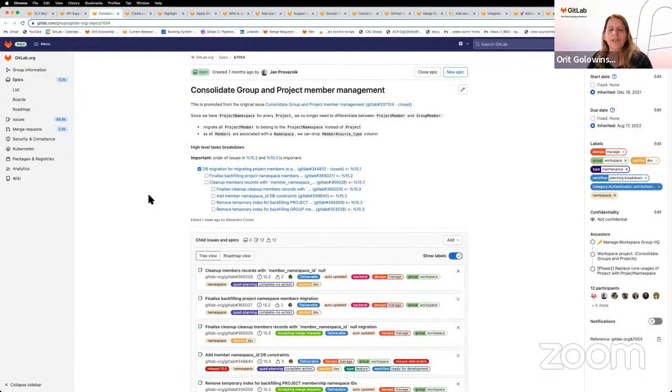Continuing with the hosted first, the workspace team is going to continue working on consolidation of group and project member management. In previous milestones, we had worked on creating a project namespace, which will create a similar experience between groups and projects which currently kind of behave differently. And this will allow us to have member management work in the same way between projects and groups. And this is a stepping stone in the foundation of allowing features ultimately to move from one to another.